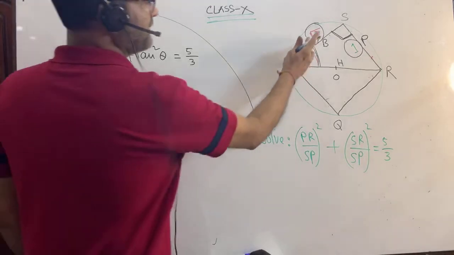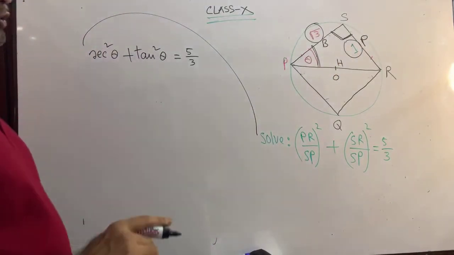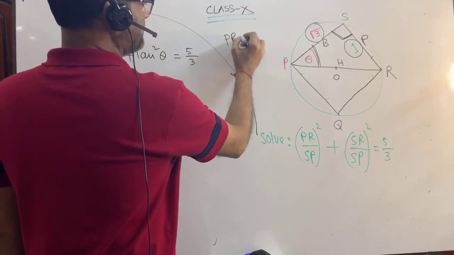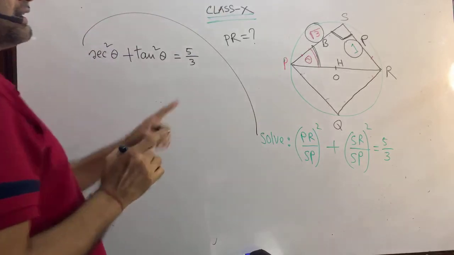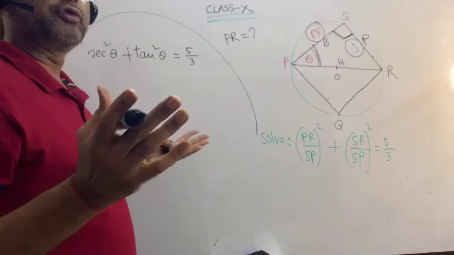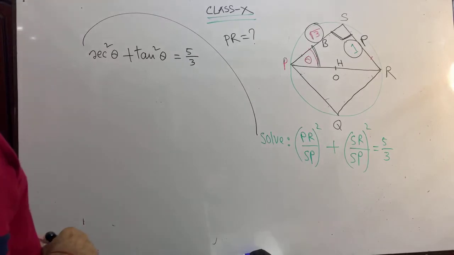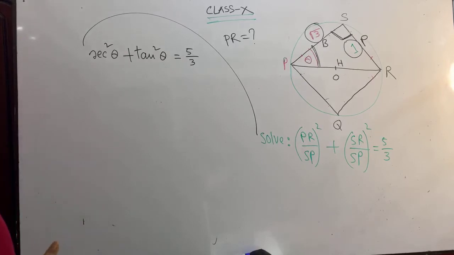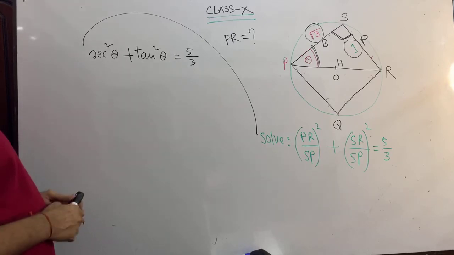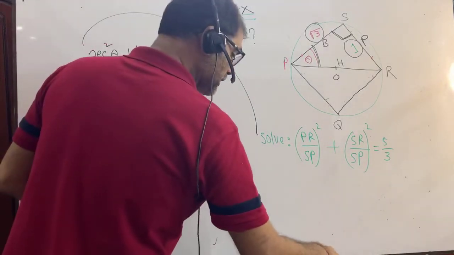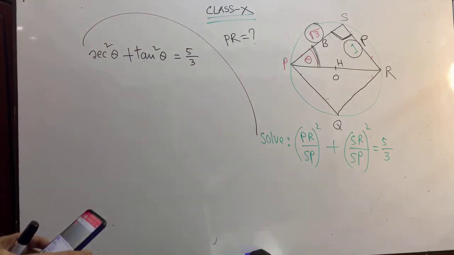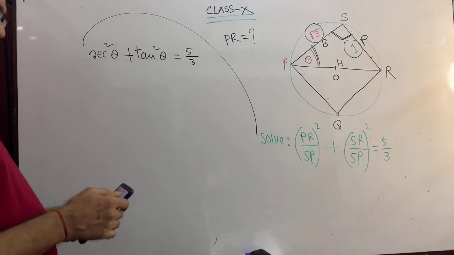Here the value is given. If you were told to determine, suppose PR, it can be given in the exam: find PR. Then that root 3 and 1 will be used. Perhaps you can remember that I did this math. So I am not going to do this math because it was done in my previous class. If you want, I can do it, so write to me whether you want it or not. Actually it was done by me.